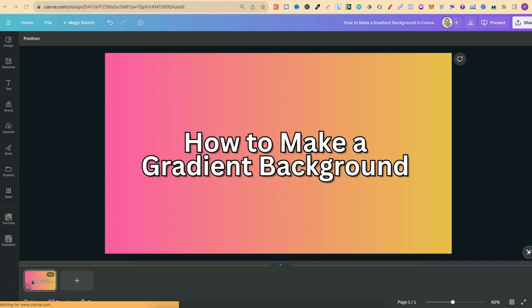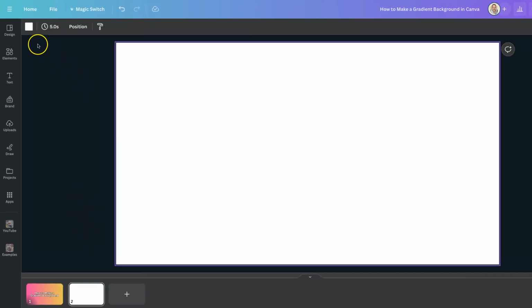In this tutorial, I'm going to show you how to make a gradient background just like this here in Canva. Now, this is extremely easy to do. First off, we need a blank page. Then, when you want to change the color of your background to a gradient, we simply come up to here